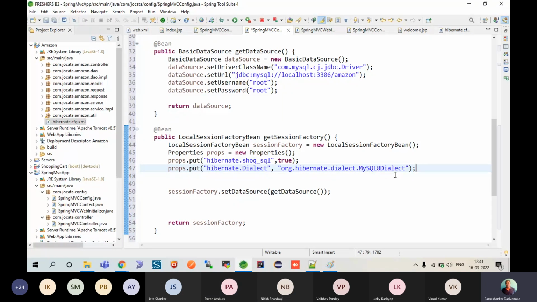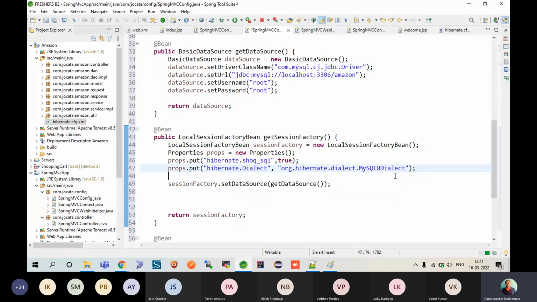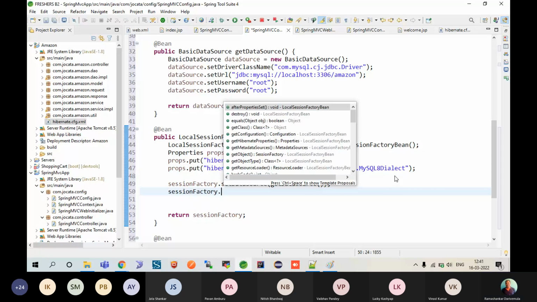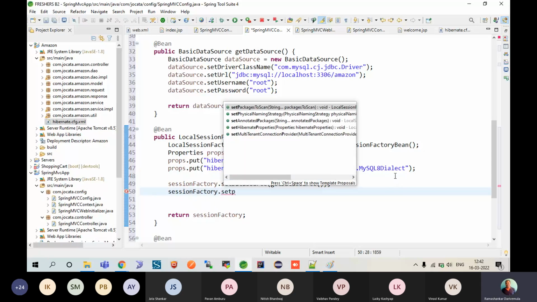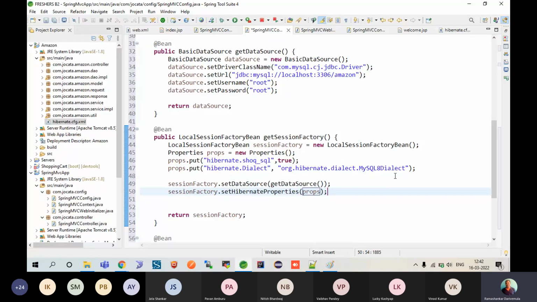One more thing I wanted to say. No, not props, I'm sorry. So here I have set both of these properties, and I'll say session factory dot set Hibernate properties as these props. So I told it, this is your data source and these are your properties which are specific to Hibernate. And then as a last step I'll say session factory dot set entity